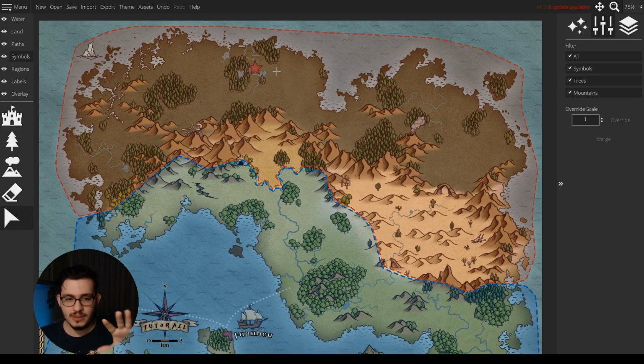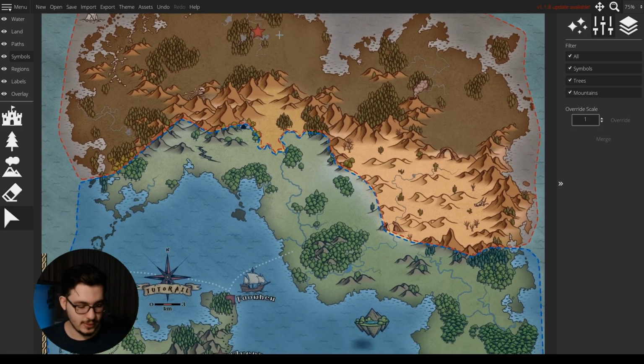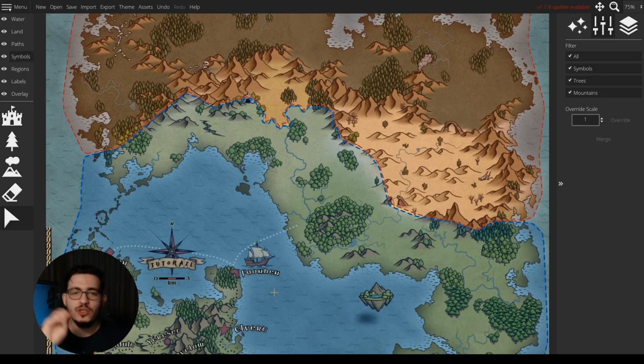Now that I know the capitals, the next step is that I'm going to plan where my cities, towns, forts, etc. go using these icons. This is the next step that I recommend you do, but this is not a must. You can directly jump right into adding illustrations. But if you do it this way, it will be easier to change them and make revisions if you don't like how they're spread.